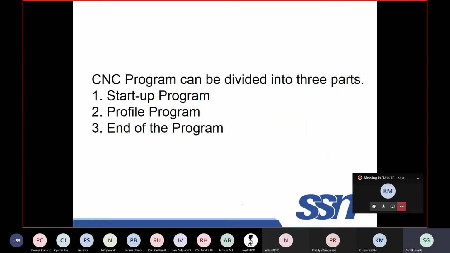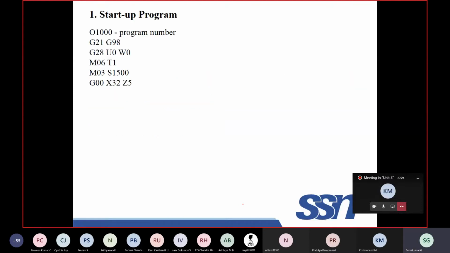So a CNC program can be divided into 3 parts. What are they? Startup program, profile program, and end of program. We already discussed this in the last class while discussing IJK values. Startup program means these are all the values. The first one, if you look at, is the program number and G value, which specifies all the units